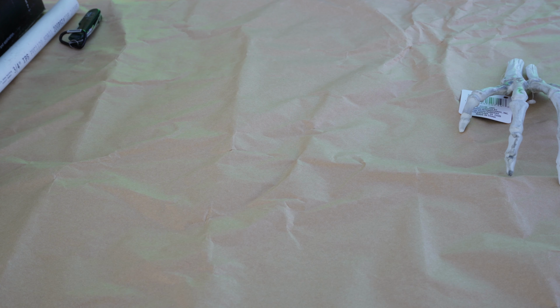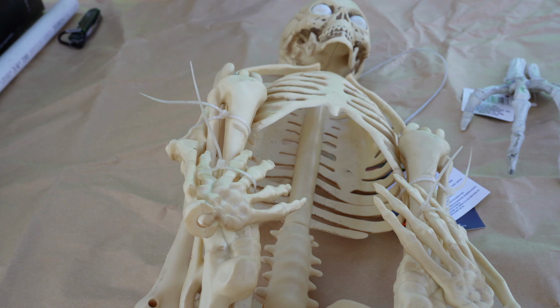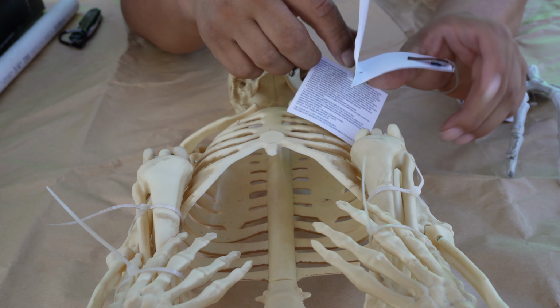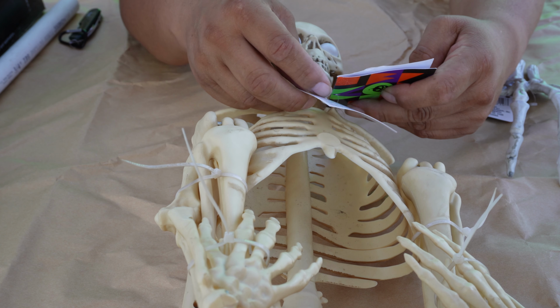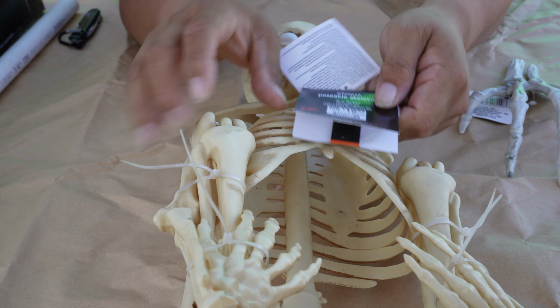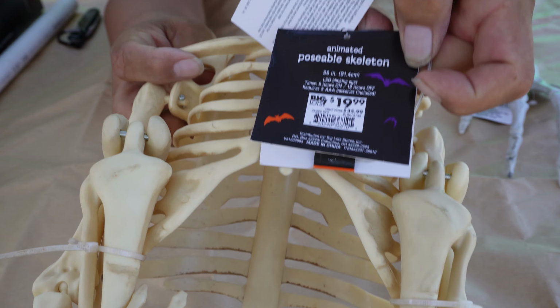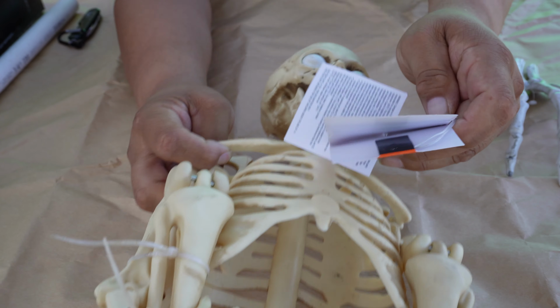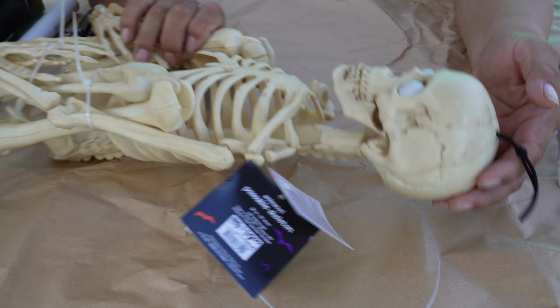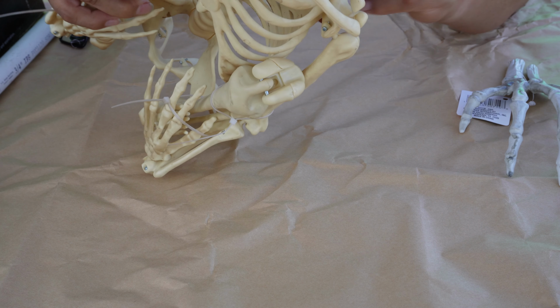And then we get something like this. Now this one was at the big slot, and this thing cost me, you can see right there, $19.99, 20 bucks. And it comes with, if I can find it,